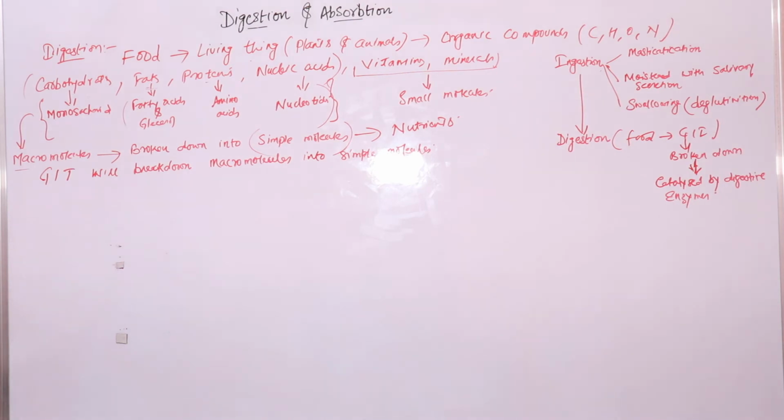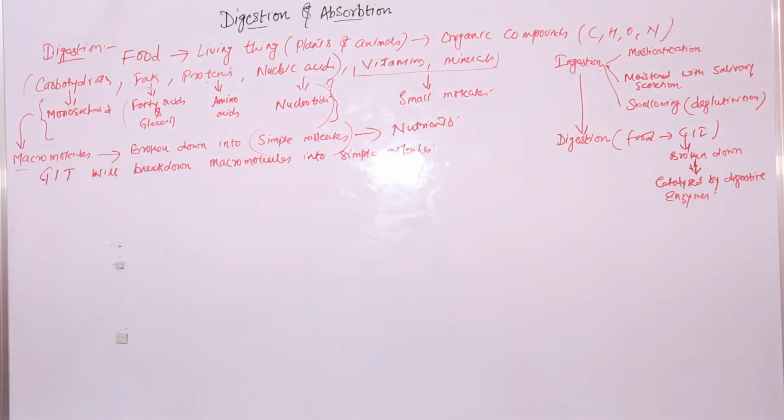When food enters the stomach from the esophagus, then it goes into the duodenum, then the small intestine, large intestine. At each organ, what changes will occur in the food, or how food is broken down into simple molecules. Now, this breakdown of bigger particles into smaller particles would be done by